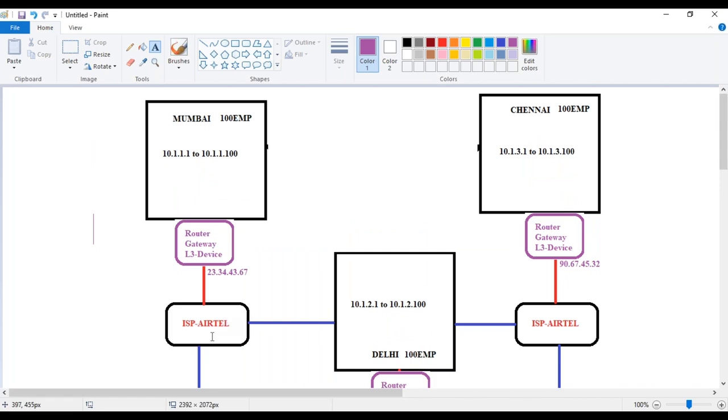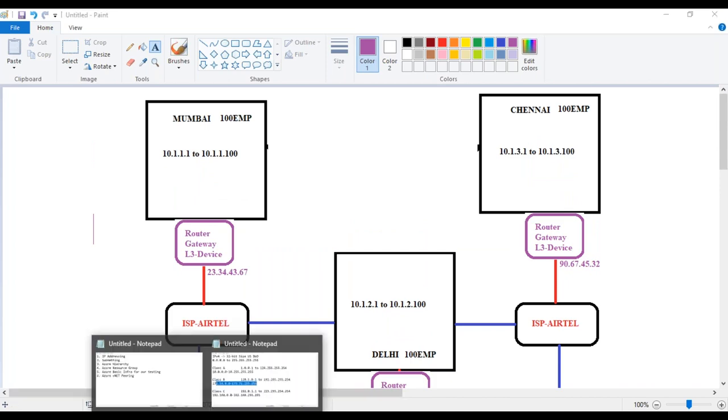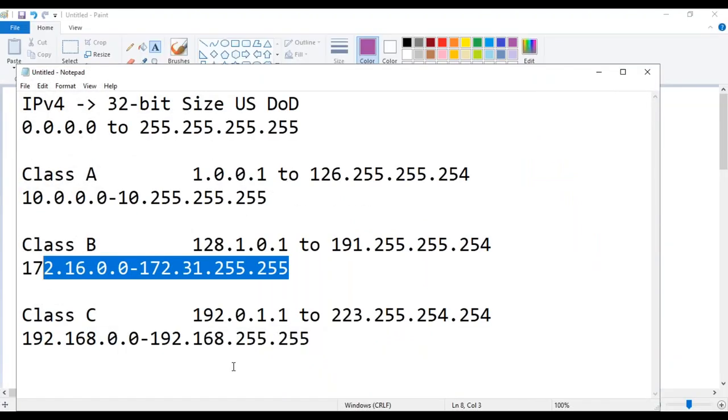Now, let's understand the difference between a public IP and a private IP, guys. This is very, very vital. I always use an analogy of exams.